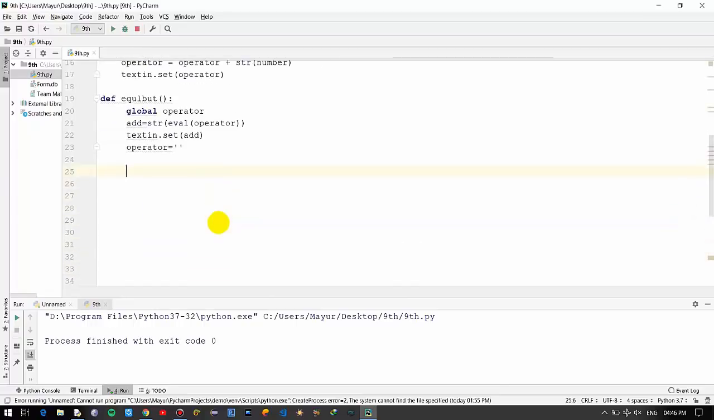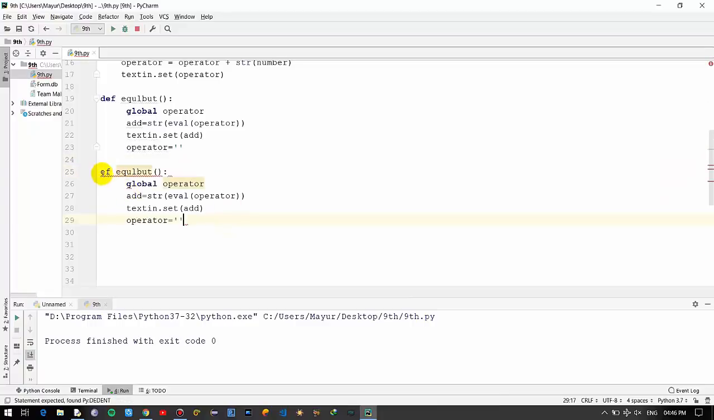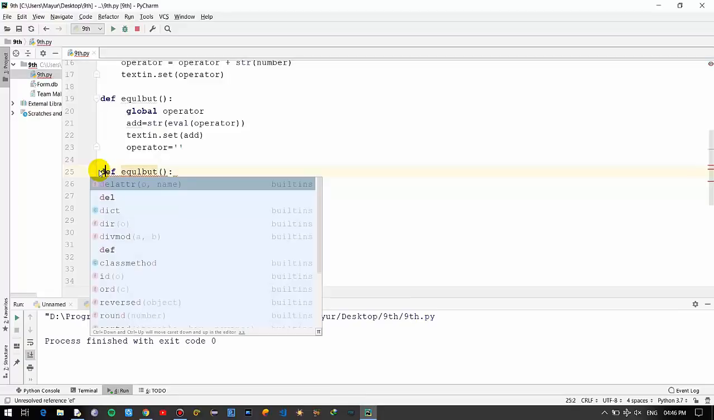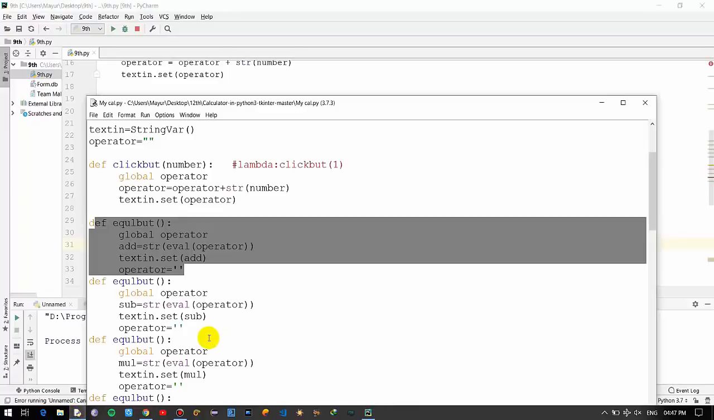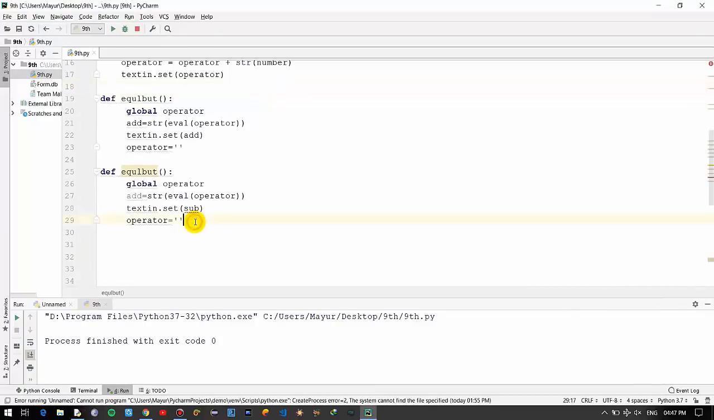Now similarly we'll be creating it for subtraction, division and multiplication. Okay, div and sub. Just let me check. Okay, so it is fine. Now for multiplication and division,